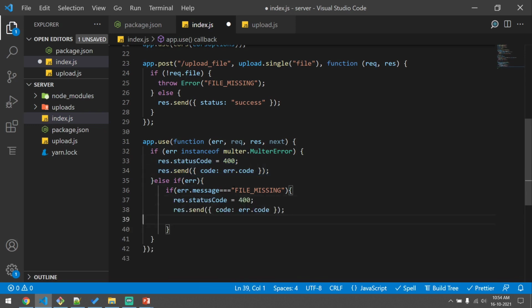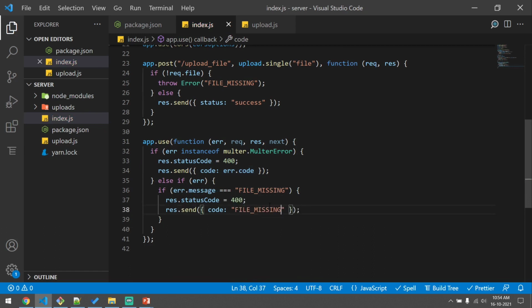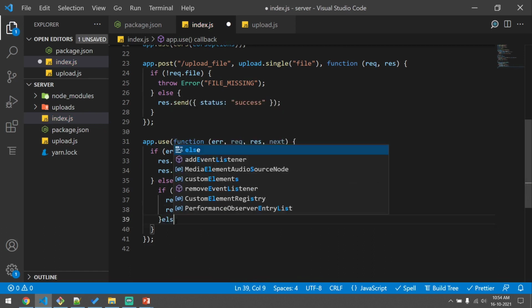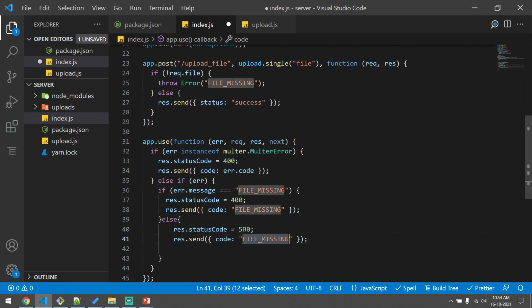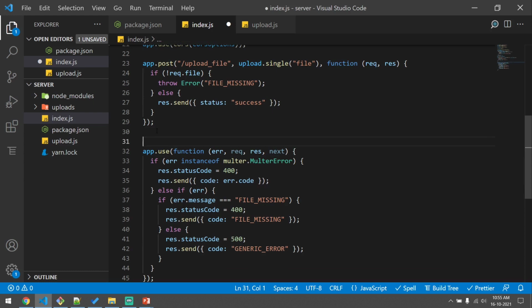We just need to replace this error code with file missing. And if it is any other error caused by the server, we'll just say that this is caused by the server, that is 500, and this is a generic error which we don't know, and we will just display a generic message for the user. So this is the error handling part.